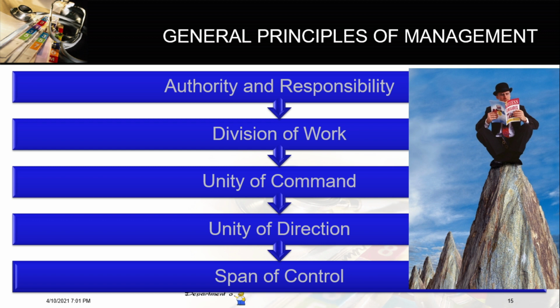Span of control. Span of control refers to the number of subordinates under a manager's direct control. As an example, a manager with 5 direct reports has a span of control of 5. Span of control is a good metric to assess the efficiency of an organization as long as it is looked at in the context of the company's organizational structure.